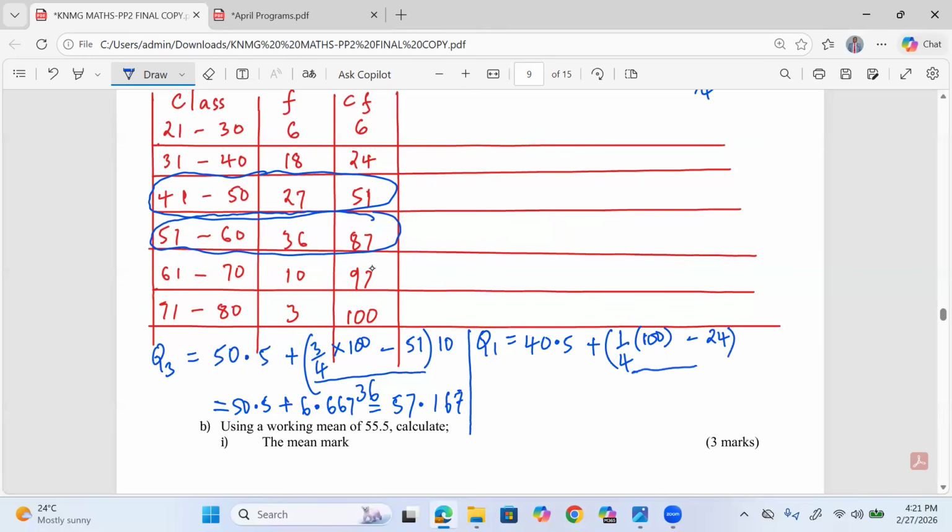Then we divide by the frequency of this class, which is 27, and multiply by the width of the class. This is 40.5 plus, a quarter of 100 is 25, and we minus 24, which is just 1. 1 times 10 over 27 gives us